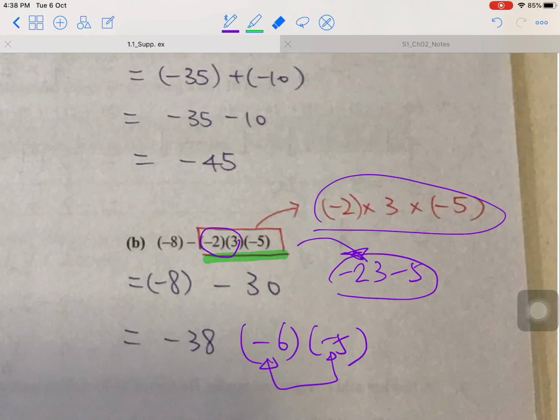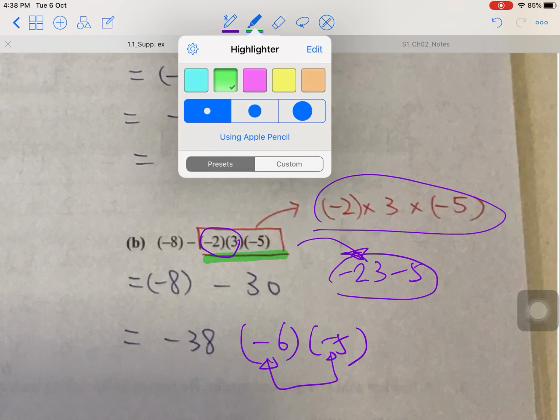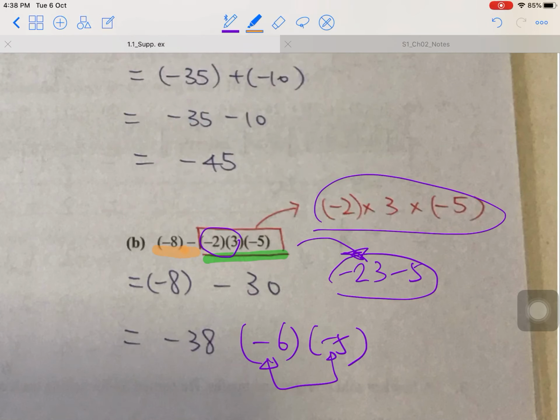So the next step is that negative 8, this part you just copy it. Negative 8, and then the minus sign, you just copy it. Then this part you calculate. The answer is 30. So minus 30. So negative 8 minus 30 again. So the answer is negative